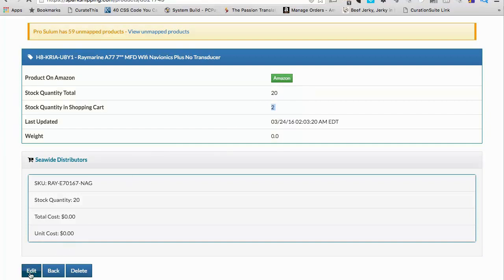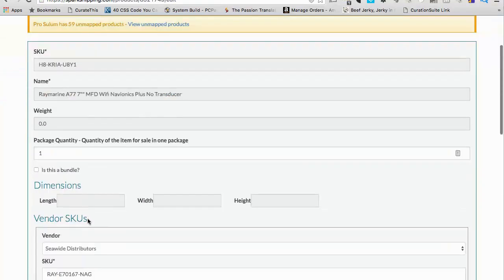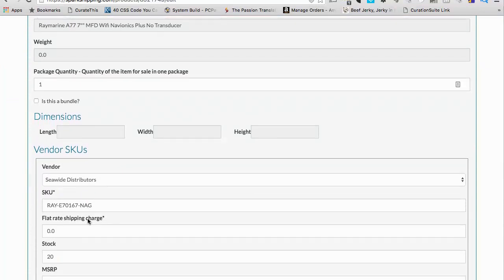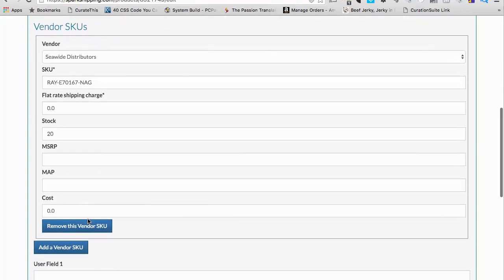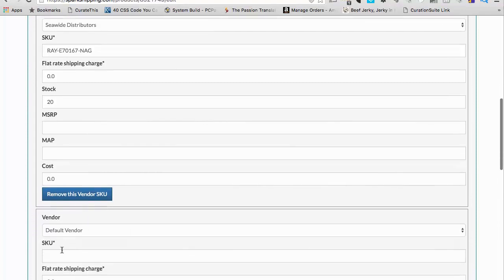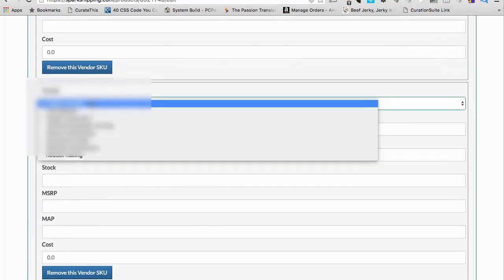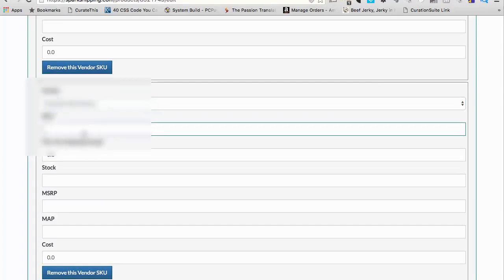Let's talk about bundles real quick. If you're creating a bundle listing, this is how we do it. Say we have 2 different products. What we're going to do is we go down here to add a vendor SKU, and then we pick, again, the same vendor. We're going to pick the same vendor again. So we're going to go down to CY distributors and say the SKU is